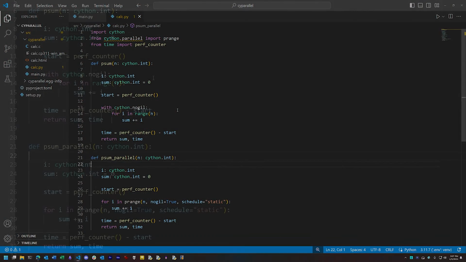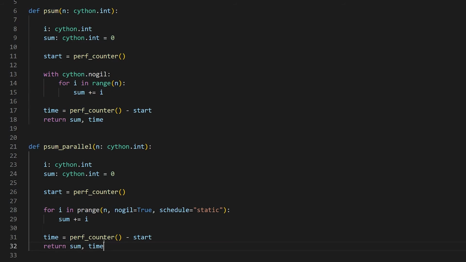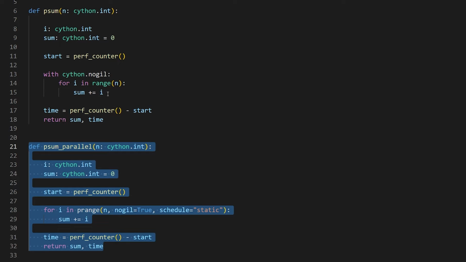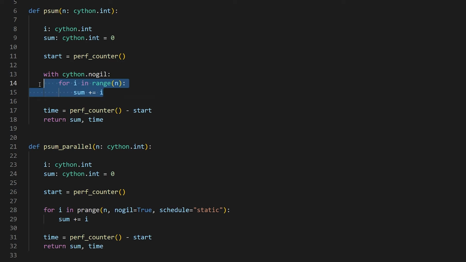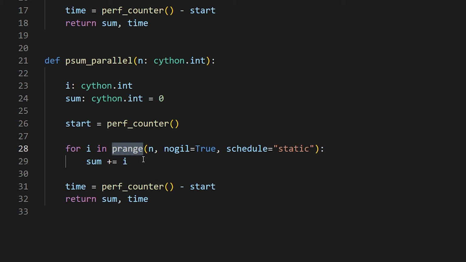This Cython module has two versions of a function. Both do the same thing. They take in a value, n, and they create an incremental sum by looping n times. The first version of this just uses the range object, which in Cython is lowered to C types for maximum speed. The second version uses the Cython.parallel module's prange, or parallel range function. The idea here is that we run multiple copies of the range loop in separate threads, each copy covering a different portion of the range, so they all complete in parallel.